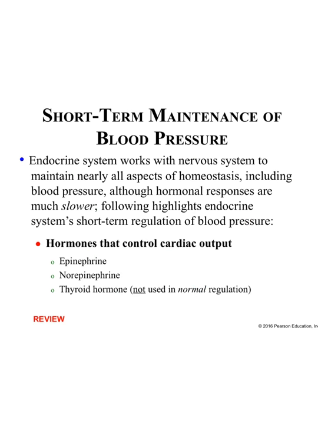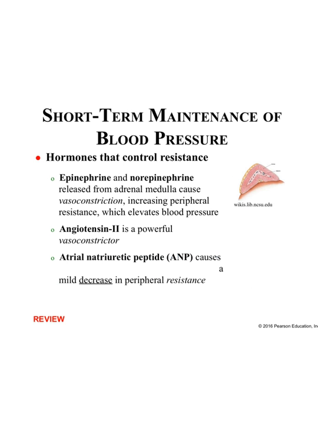The endocrine system works with the nervous system. Of course, both are regulatory systems of the body, although it is slower, like all hormones are slower than neural stimuli. We've talked about these. Epinephrine and norepinephrine are going to increase cardiac output. An increase in thyroid hormone increases metabolic activity, so that's also going to increase cardiac output.